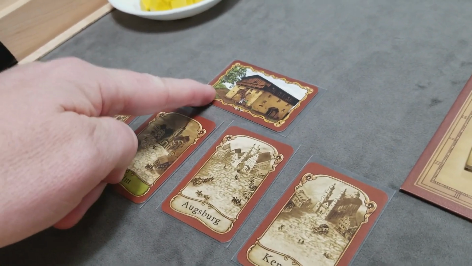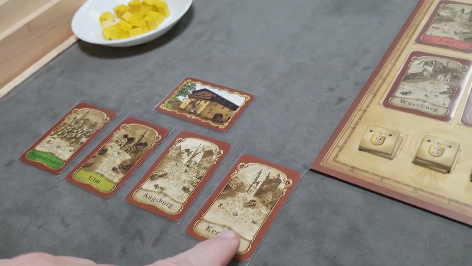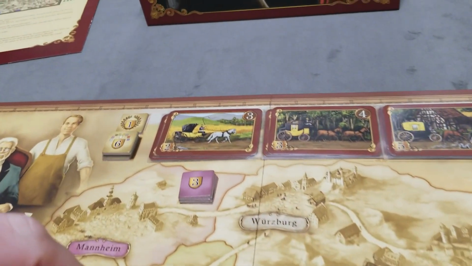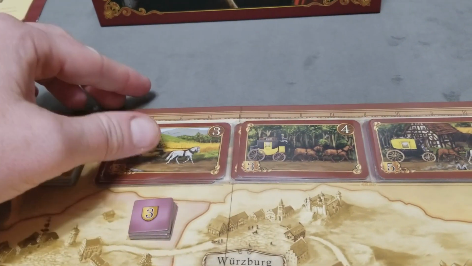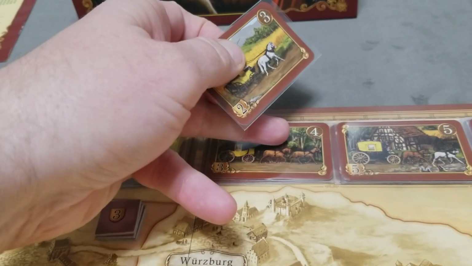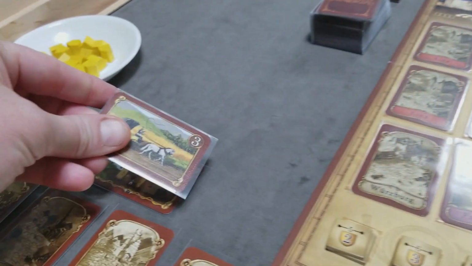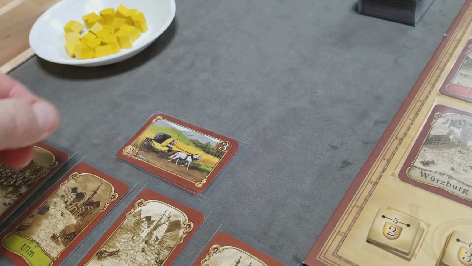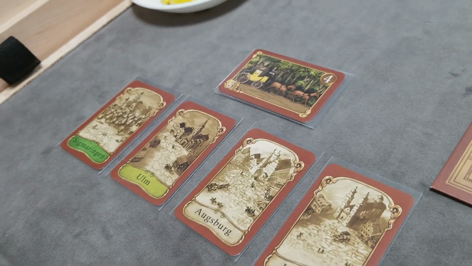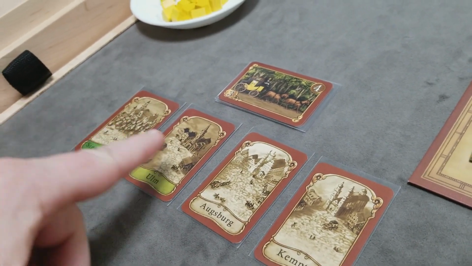So this player doesn't have any carriages right now. This route is 4 cards long, so they would be eligible to acquire the next carriage. You're never allowed to skip. So even though their route was 4 cities long, they don't have the 3 carriage yet. So they have to start with the 3 carriage. Let's say this was a later turn and they already had the 4 carriage and they decided to score this